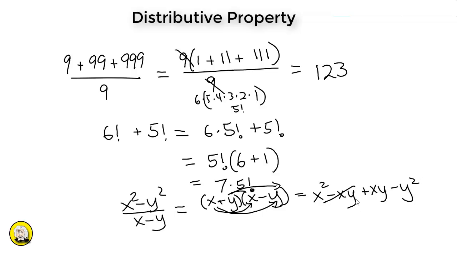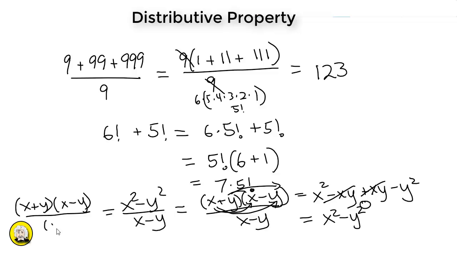In this case, my minus and plus xy zero out, and I'm just left with x squared minus y squared. So in fact, my factoring is correct of x squared minus y squared, which I can then divide by my x minus y. So let's rewrite that out on the left side here. x plus y times x minus y